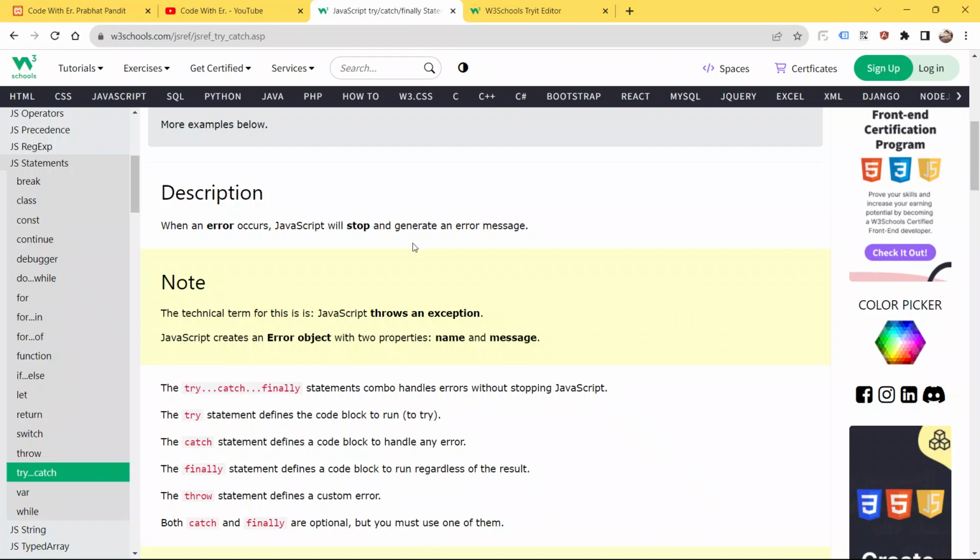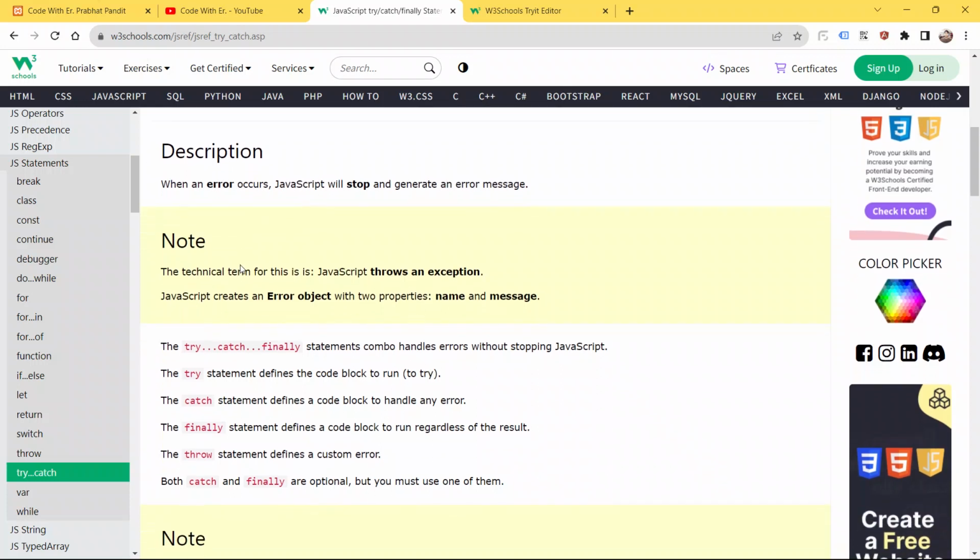Unless you resolve this error, the JavaScript code is not going to execute and it will be stopped there. To make a smooth flow and run your code smoothly, we have to handle all the errors or exceptions in our try, catch block or finally block. Let me read some notes also.